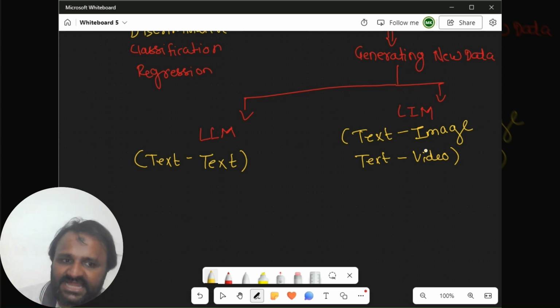Now to help you understand LLM models, big giants like OpenAI, Meta, Google, Anthropic, Microsoft, everybody is in a race to generate new LLM models. These companies are doing really great in the field of Gen AI. Anthropic has come with Claude 3, if you are aware of it, a good competitor of OpenAI's GPT-4. Then Meta has open source Llama 3 and Llama 2. Google has Gemini and Gemma.